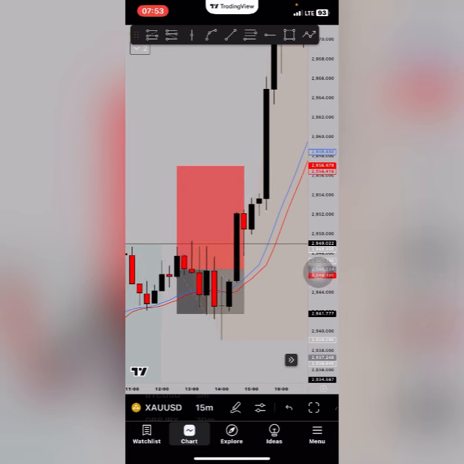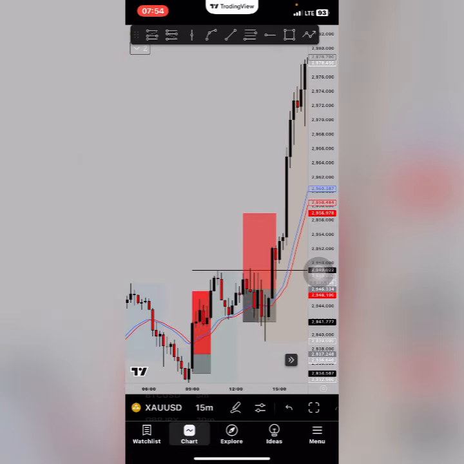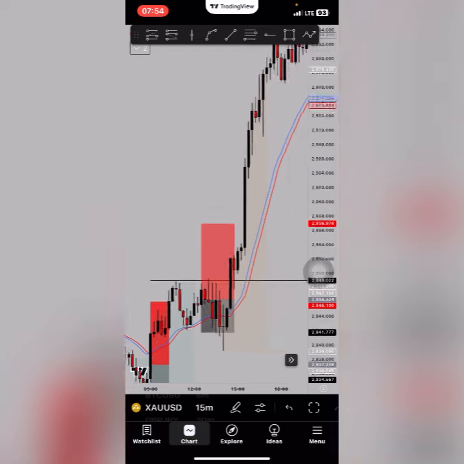I was just contemplating, so I just ignored it. First, I was trying to maintain my emotions, my psychology, so I won't overtrade, right? So that was why I just ignored it and I didn't go in again. If I had gone in, it would have been a winning trade, but I just avoided overtrading and I avoided revenge trading, right? So that's that for that.